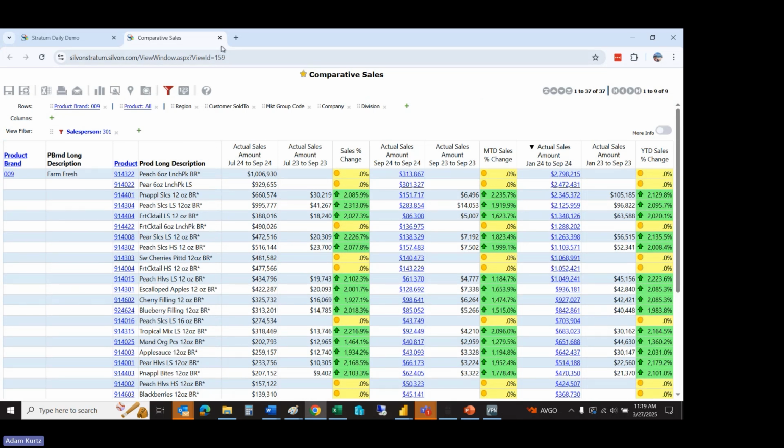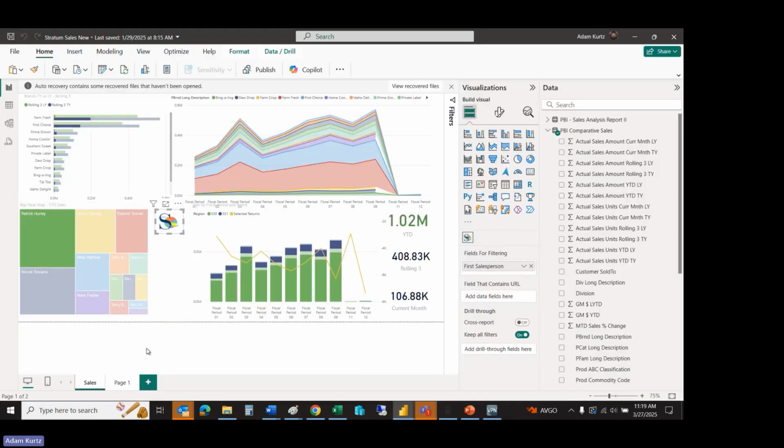So again, that's an easy way to get to that detail, being able to highlight a given rep and then go ahead and drill to the detail. You don't have to include it within your dashboard. There's no reason to clog up or clutter your dashboard, or for that matter, it'll perform horribly because it's trying to bring all this data into the report. So that's something you would want to keep out,